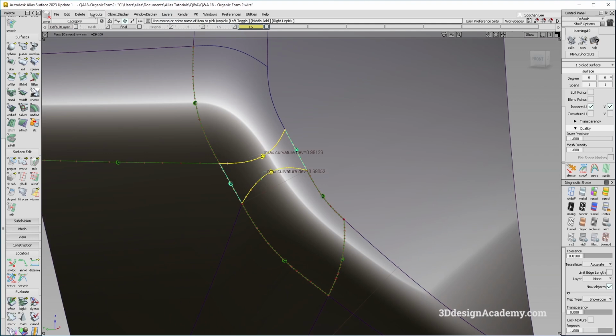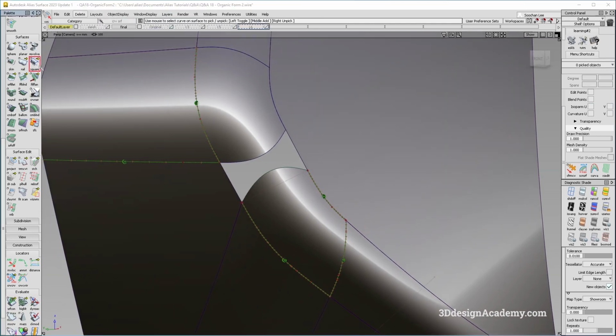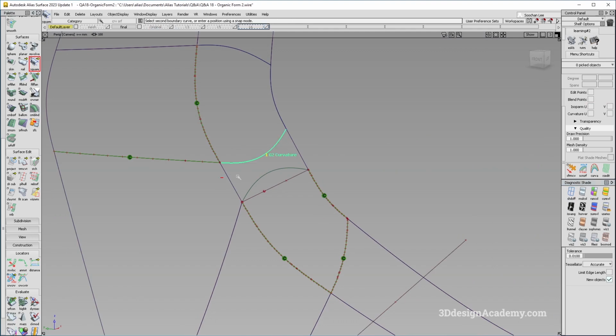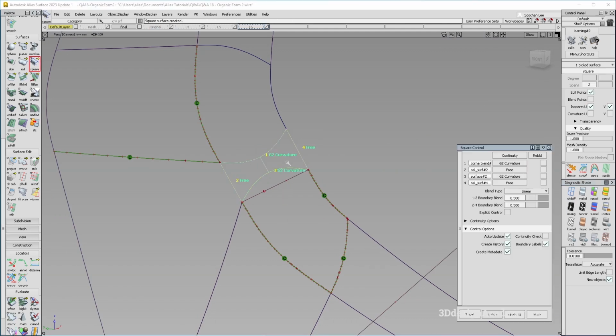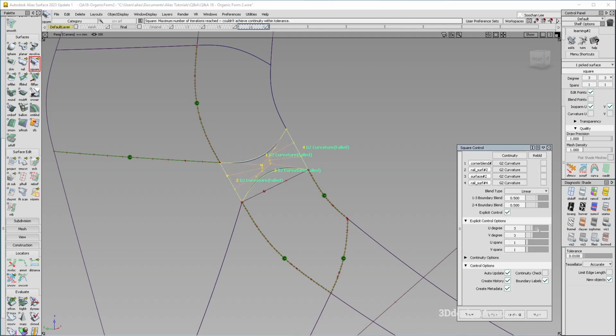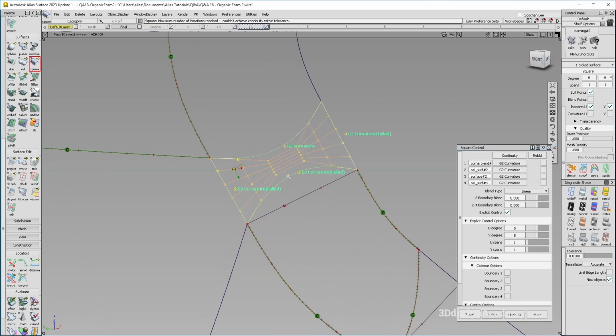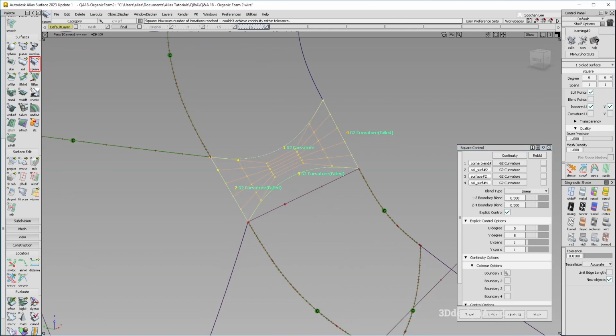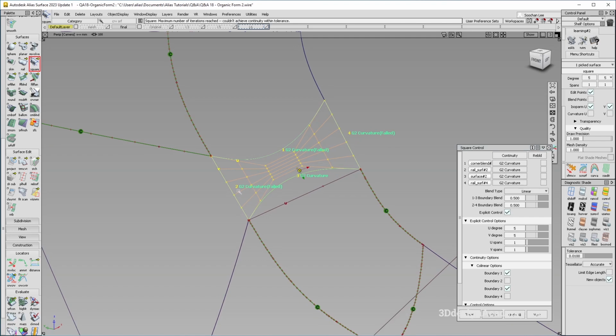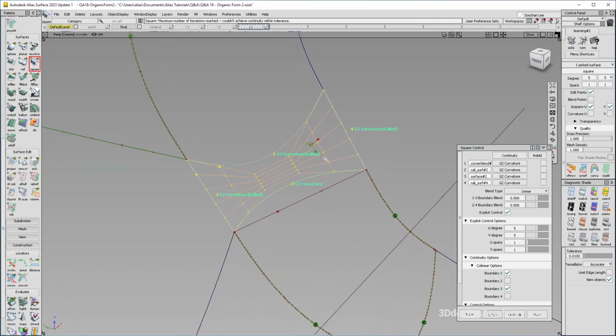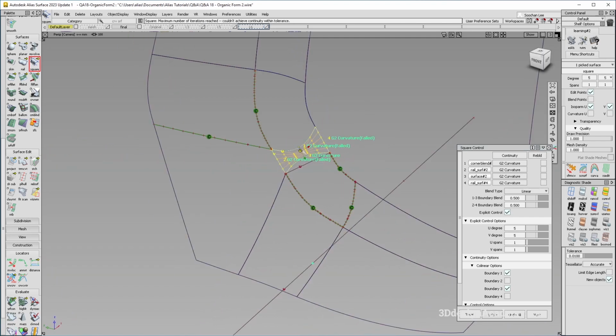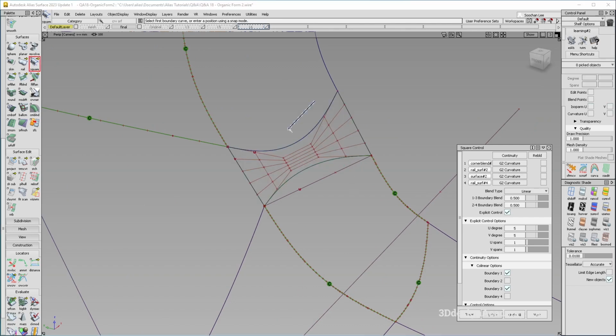So I'm just going to delete the construction history over here. And I'm just going to do a square over here like this. And let's see. I'm just going to do a curvature on all sides. I'm going to turn on explicit control. It's going to be 5 and 5. And I'm going to do a collinear. Now, when you're doing collinear here, I'm just going to do it on 1 and 3. That's it. The other side, I can't really do a collinear because the CV structure isn't exactly flowing with